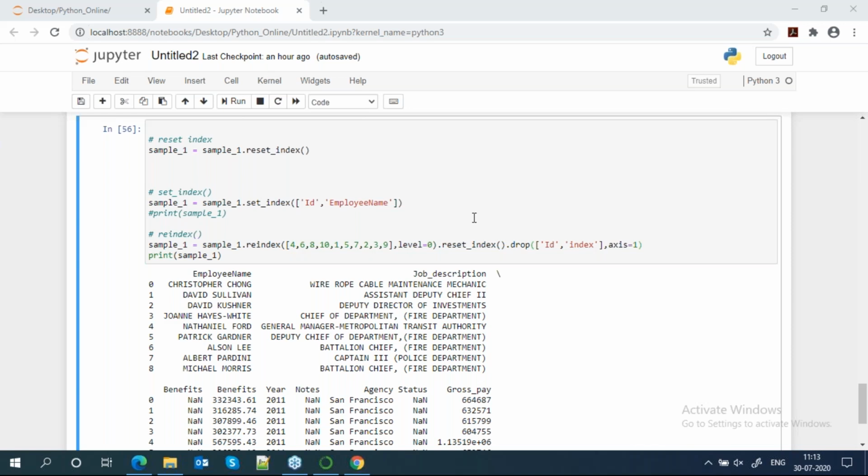This is like your SQL DDL part: how to create a row, drop a column, rename a column. Tomorrow we'll cover data transformation, like changing the data type and updating some value inside the data frame, like the update statement in SQL.